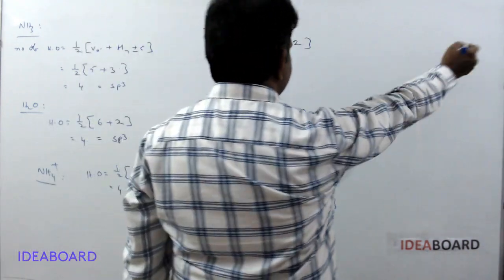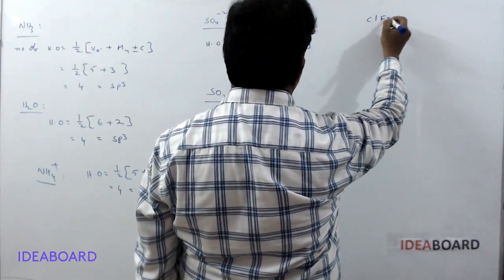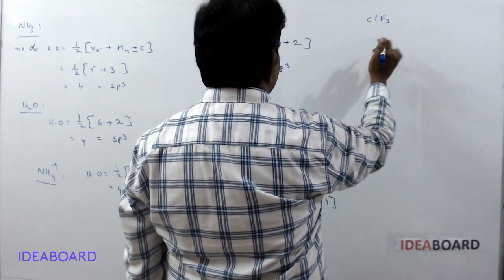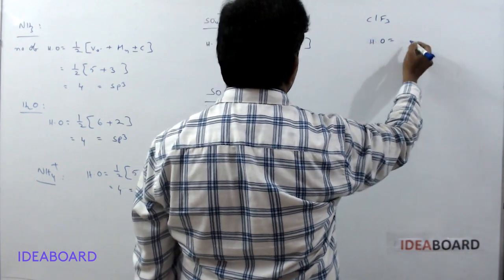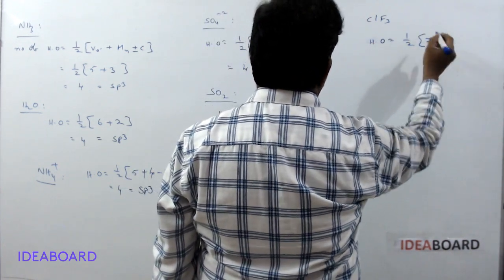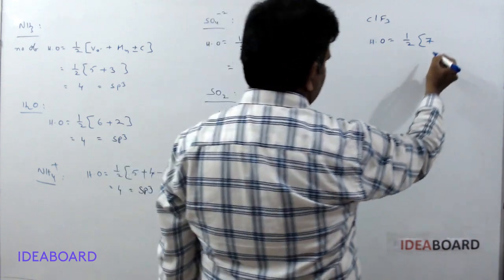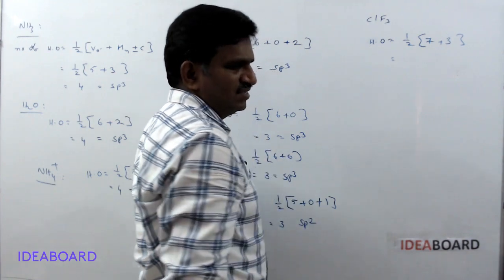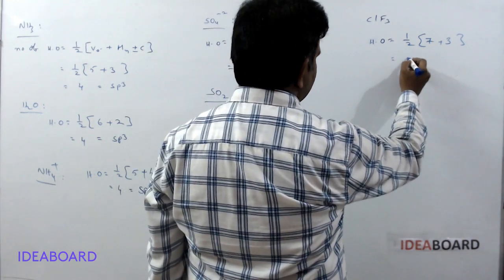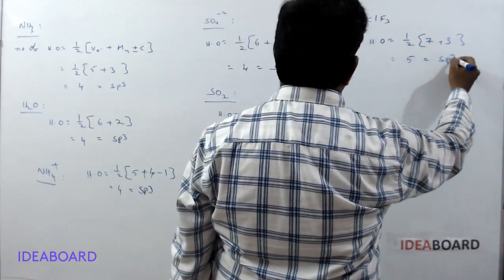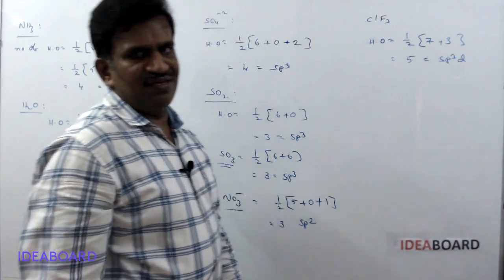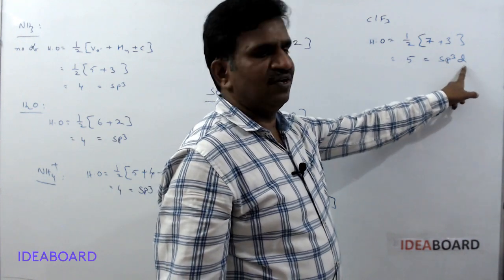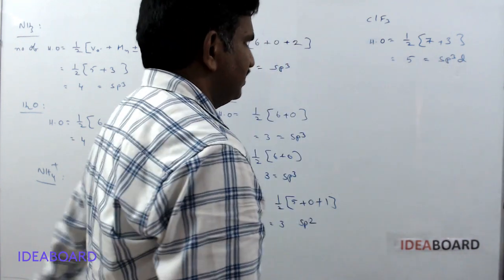Even for example, if you are taking ClF3. In ClF3, the chlorine atom is 7th group. So the number of hybrid orbitals is equal to half into 7. Here, how many fluorine atoms are there? 3. All 3 fluorine atoms are monovalent. So 7 plus 3 means 10. 10 by 2 means 5. 5 means what is the hybridization? sp3d. You can simply count it: 1 s orbital, 3 p, 1 plus 3 is 4, and 1 d makes 5. So it is sp3d hybridized.